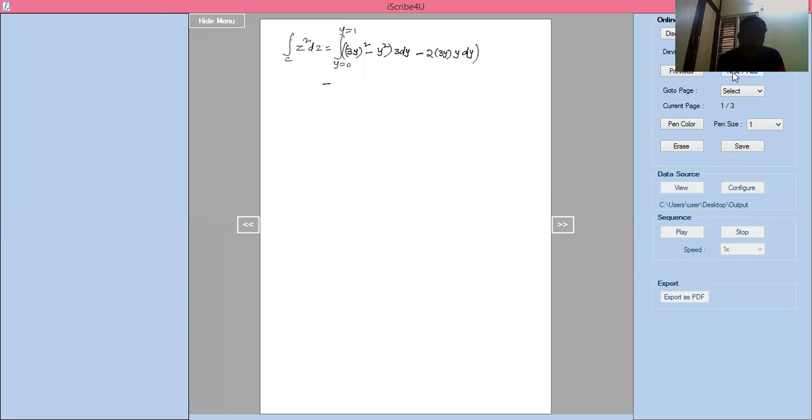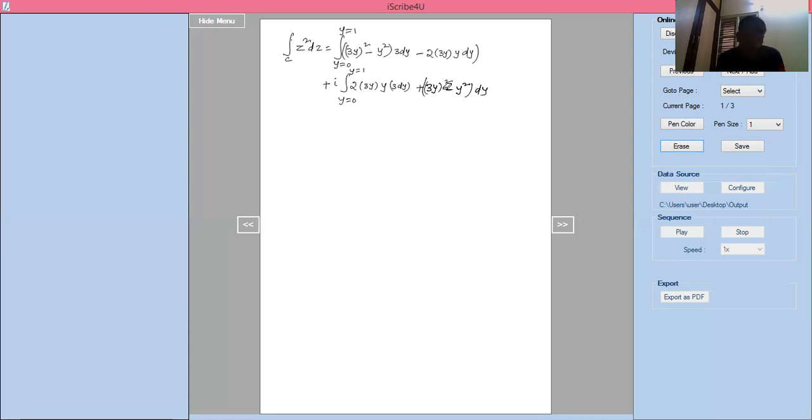Next one should be plus i into the integral from y equals 0 to y equals 1 of 2 into x, which is 3y, another one should be y, then dx, which is 3 dy, plus x squared, where x is 3y, so that is (3y) whole squared, which you will get as 9y squared, minus y squared into dy.